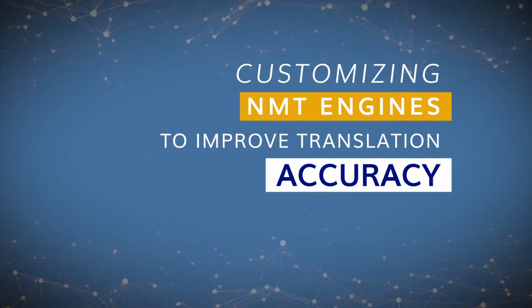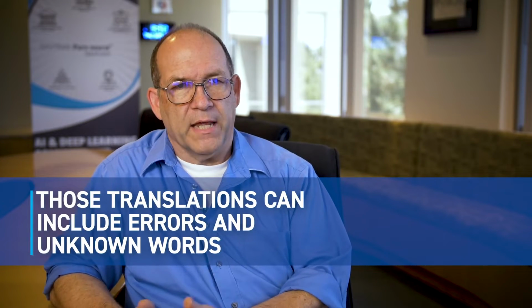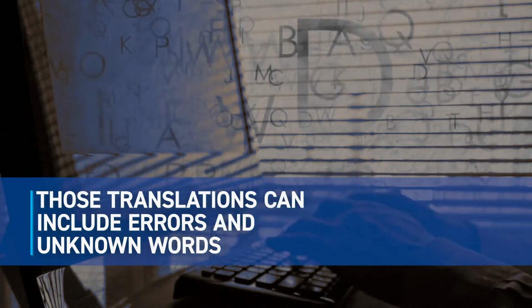NMT engines are trained on material that has been translated in the past, and they learn from that to translate additional new content. But we also train them from aberrations and typos and errors, and the material you're presenting to translate is not as good as we might have hoped.